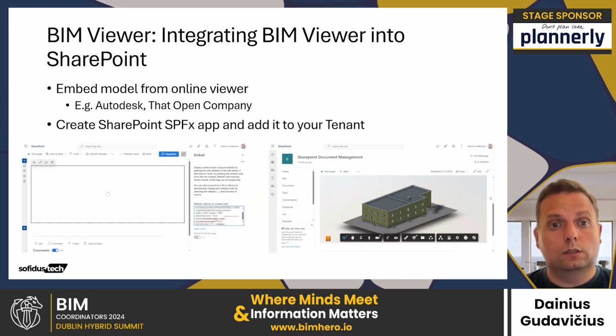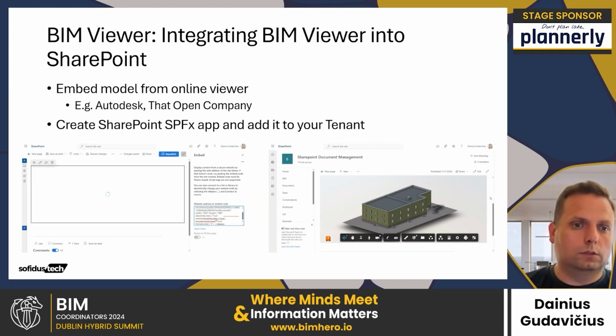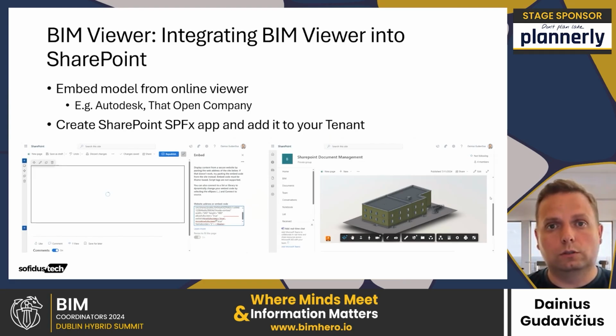And you can integrate BIM viewers into SharePoint. You can embed models from online viewer providers like Autodesk, That Open Company, or you can create a SharePoint app which can be added, and you can automate your tasks and share your models within the SharePoint environment.